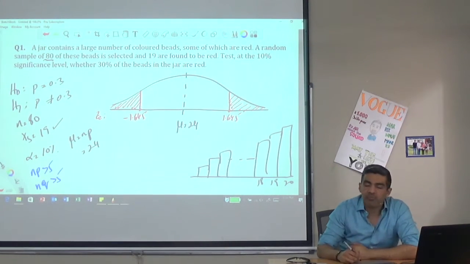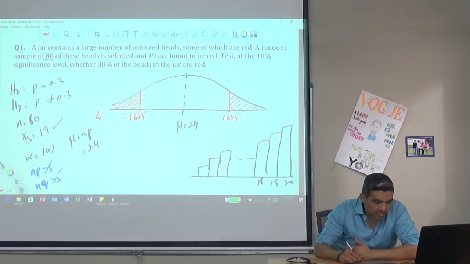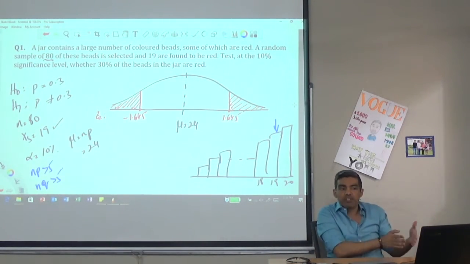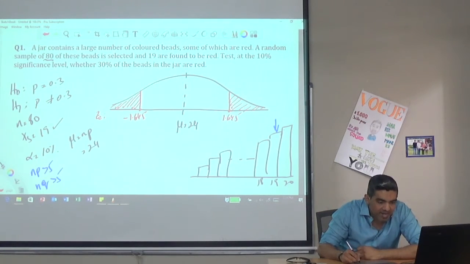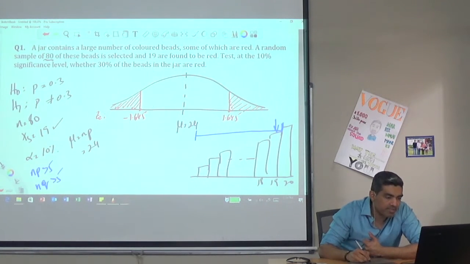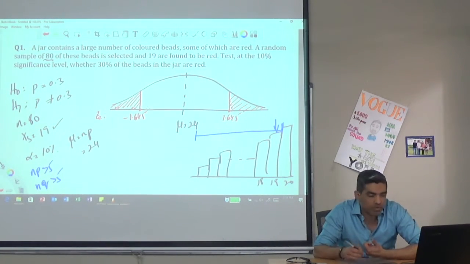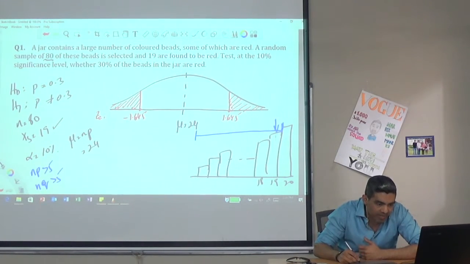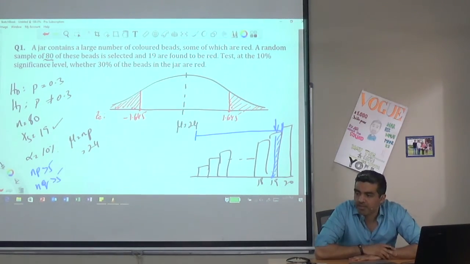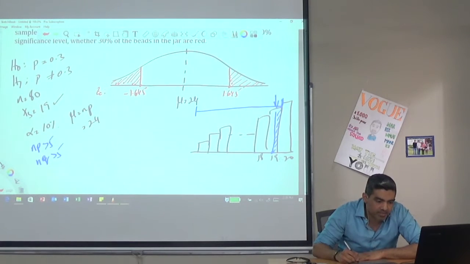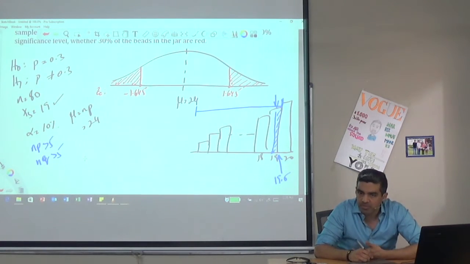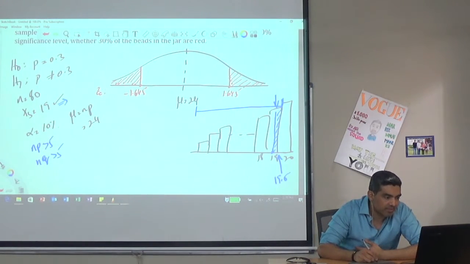So, if we were to find where we stand at 19, whether we are in the rejection region or in the acceptance region, we would be finding the probability all the way from 0 till 19. Now, the point over here is that the normal distribution doesn't understand 19, because the normal distribution would think of 19 as a value right in the middle of the bar, and therefore we would be foregoing half the bar. So in order to accommodate for that, we make a continuity correction, if you remember. So 19.5. The X statistic that we will be using is not 19, it is 19.5 after the continuity correction.